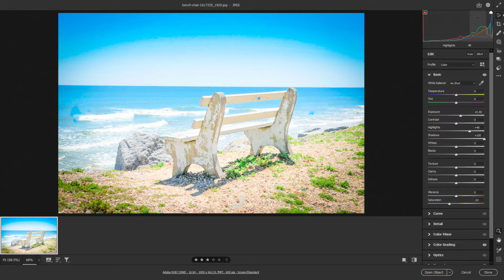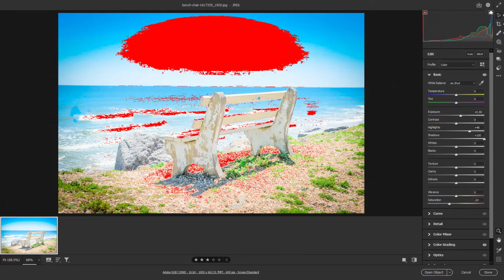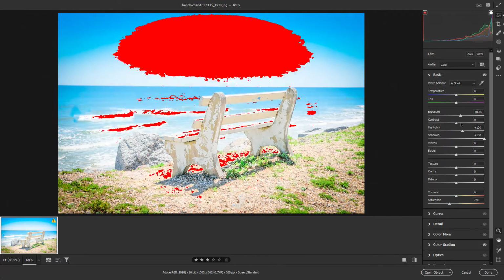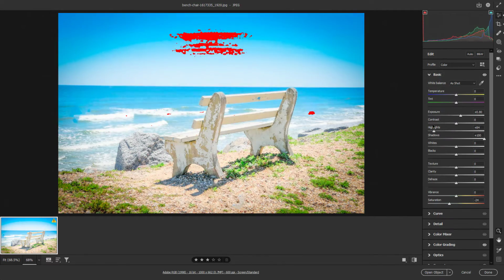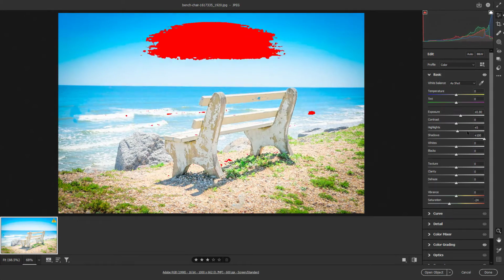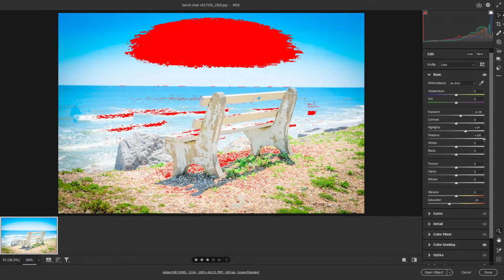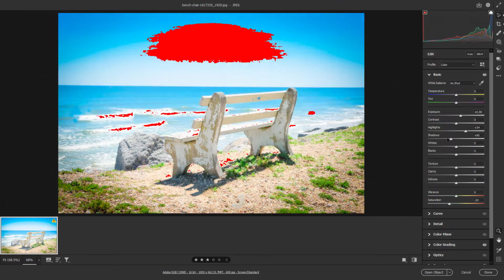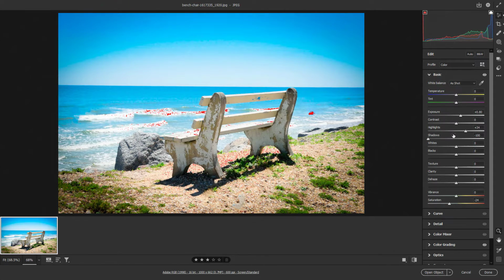And now if I want to do the same thing for the white areas, I can enable the highlight clipping warning right here. So you can turn on the shadow clipping and the highlight clipping right here. If I really push this out, you can see that there's the highlight clipping, and if I bring this down, then this gets the shadow clipping. So let me bring the shadow down right here just like this,